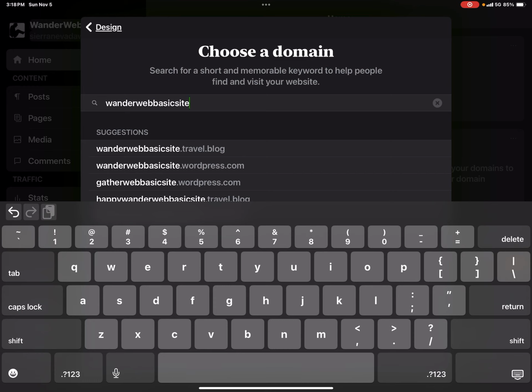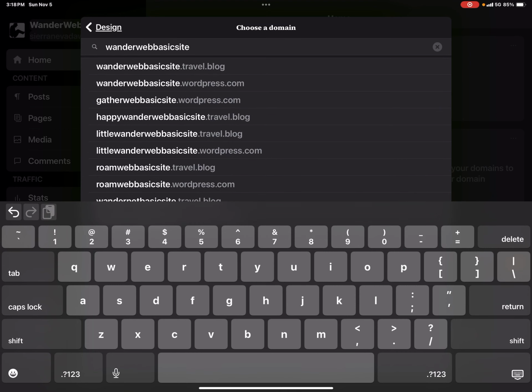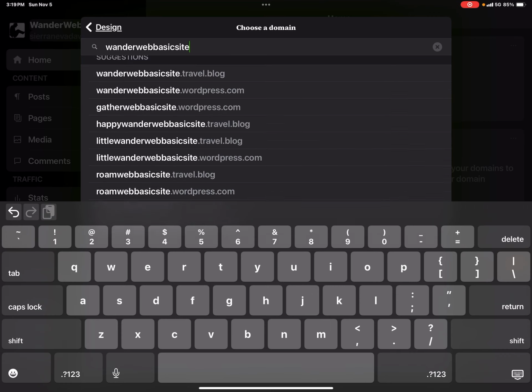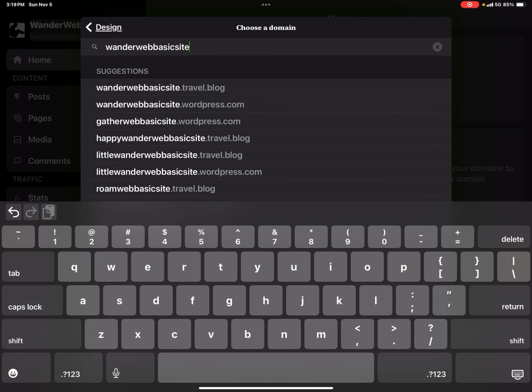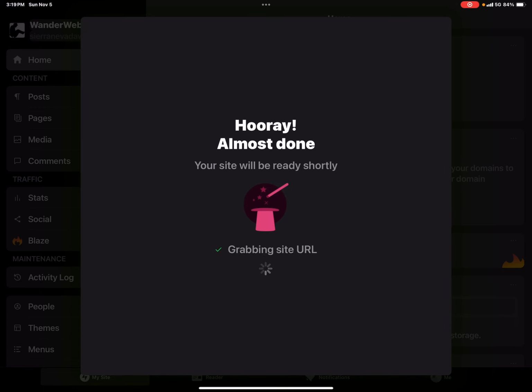And as you can see down here, it gives us some options. And the option we're going to go for here is WanderWeb Basic Site, which is the second option. And we're going to go with that. Now, this is what's called a subdomain. So you're not actually choosing a domain, but you're choosing a subdomain. We'll create site, and now